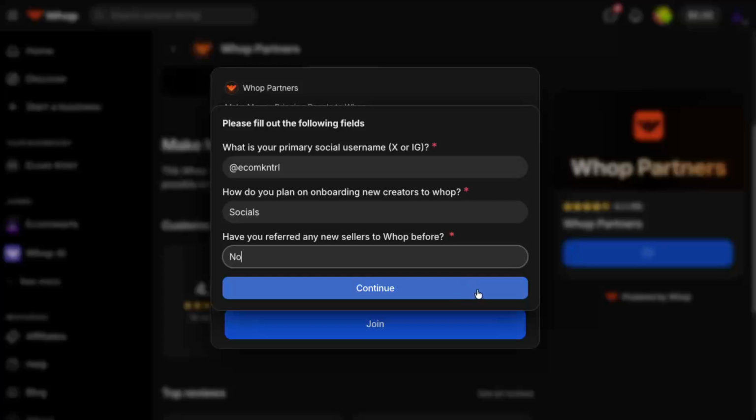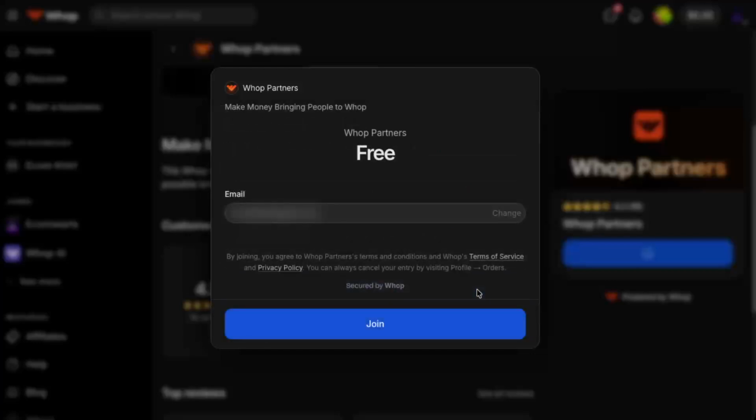Once all the fields are filled out and you've double-checked your answers, look for the Continue button at the bottom of the form. Click on Continue to submit your application. After Whop reviews and approves you as a partner, you'll be able to access your affiliate dashboard and start generating affiliate links for the products and